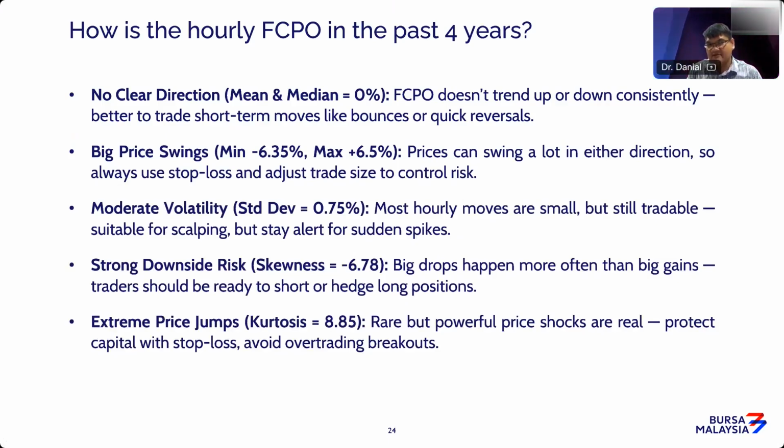If today it moves around 0.5%, there is no chance tomorrow it will move 5%. So basically, if today you can earn about 0.2%, tomorrow there's a high possibility for you to earn around 0.18% or 0.22% or 0.23% for that particular day. So it won't be any large movement of return, big price swing. Sorry, the minimum is negative 0.635, the maximum is 6.5.